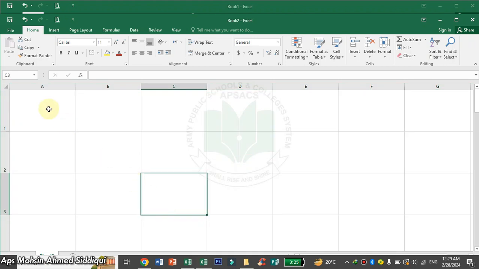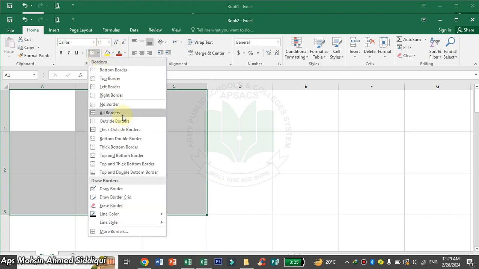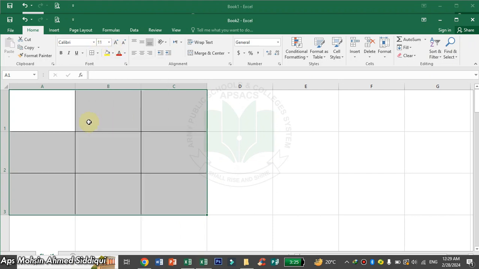I want only 3 by 3, so I will select the 3 by 3 matrix here. Go to the All Borders option and then click. Now it will be visible. So first you will check that you create a 3 by 3 matrix. So here you can see. Now go to the